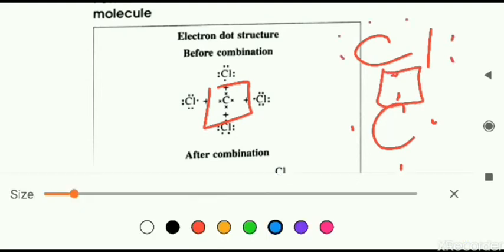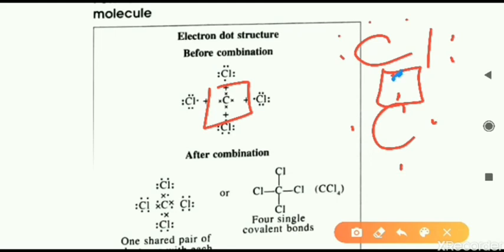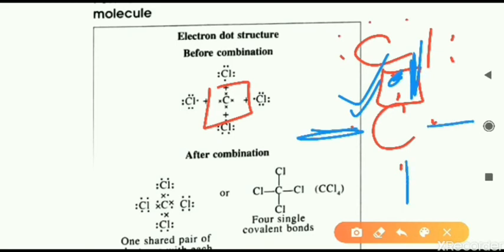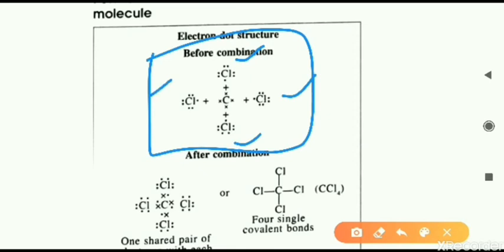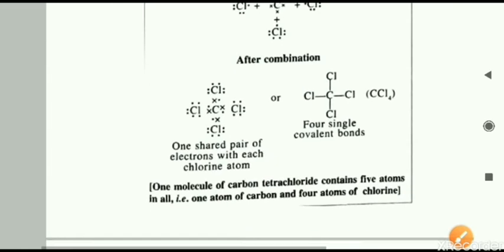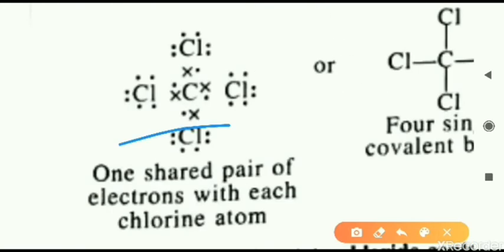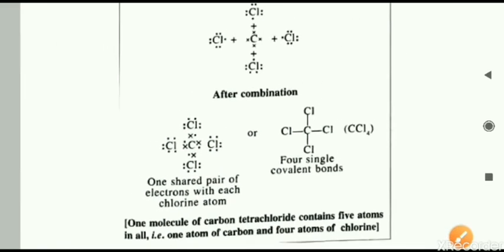So as a result, what will happen? 1 electron from chlorine will come and another one from carbon is there, and it leads to what? It leads to chemical bonding. So between 1 atom of chlorine and 1 atom of carbon, in this case only 1 bond is formed. Similarly, 1 on each side is formed. In total 4 bonds will be formed. So here you can see the complete diagram, with chlorine atoms on all 4 sides and the carbon atom in the center. That will lead to the formation of carbon tetrachloride. Here they have shown it in a different manner with the help of dots and crosses, just to show the variation of the electrons participating there. So this is how carbon tetrachloride is formed.